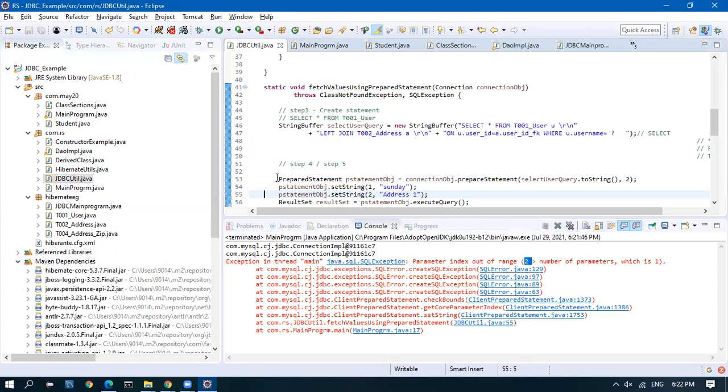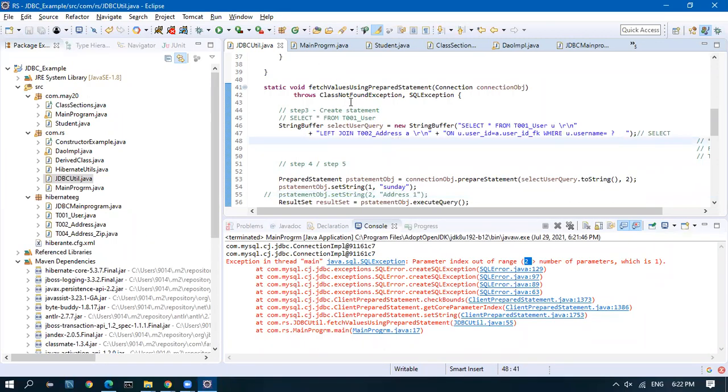So we have to use a prepared statement if we want to filter based on the user criteria. Otherwise, we can just have a statement. This can be replaced with a statement, which is the basic one. When we give a statement, we will not give it like this. Okay, got this? Yeah. Okay, so this is good.